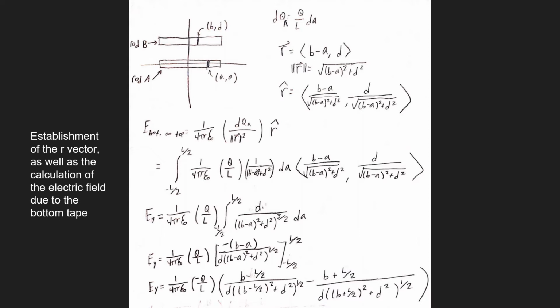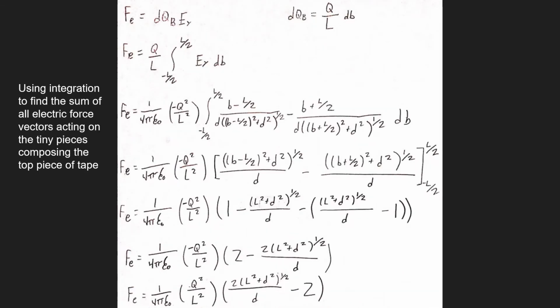What you see at the bottom is the end result of the integration, leaving us with an equation dependent on B, the location of the segment of the top piece of tape, which we can later on integrate to find the total electric field. So after finding the total electric field at the top tape due to the bottom tape,